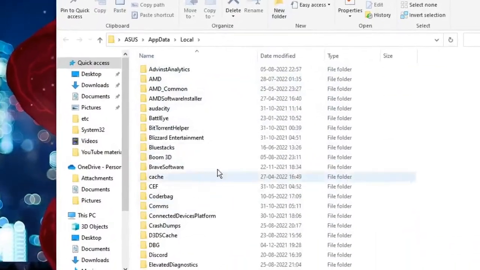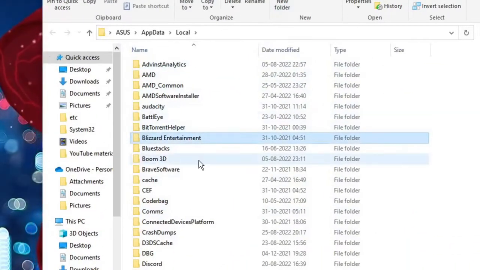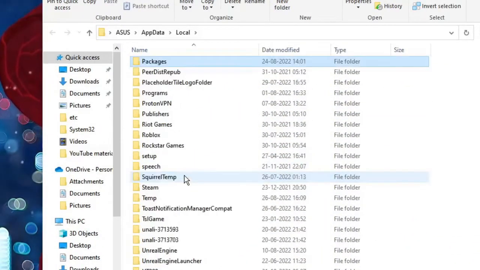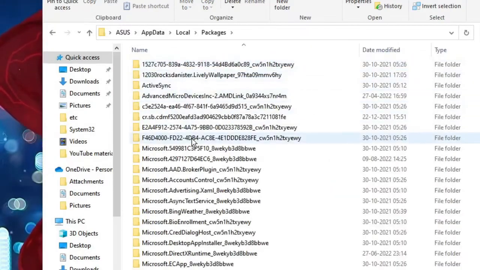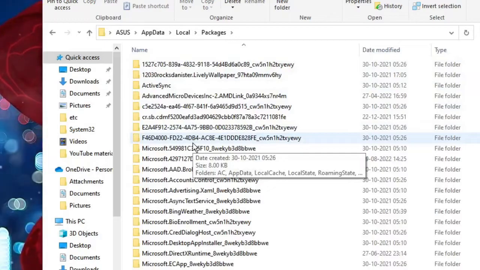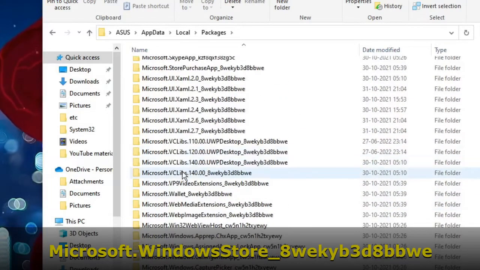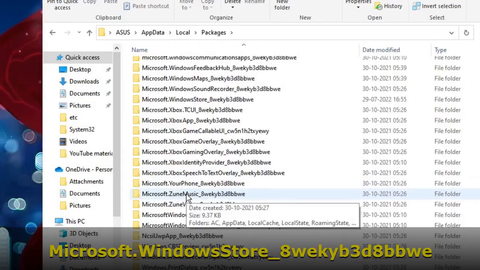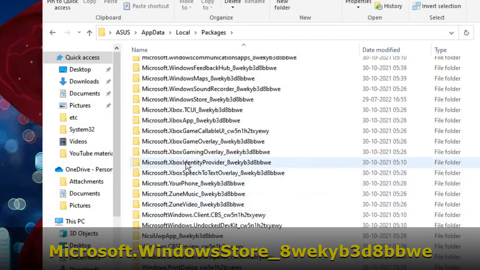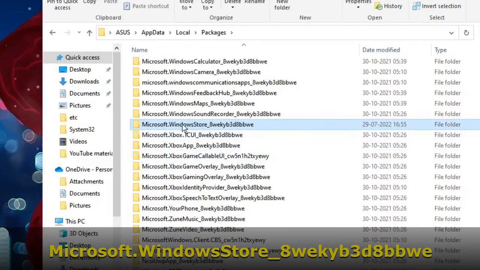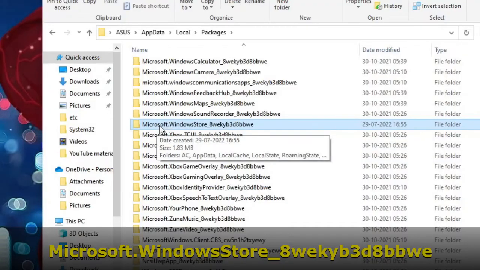So now the Local folder will come up. Here you have to look for Packages. So keep scrolling down until you get Packages. Double click on it. And then here you have to look for a folder that is Microsoft.WindowsStore, something like that. So you can keep scrolling down and look for Microsoft.WindowsStore. Here it is. This one you have to find, Microsoft.WindowsStore